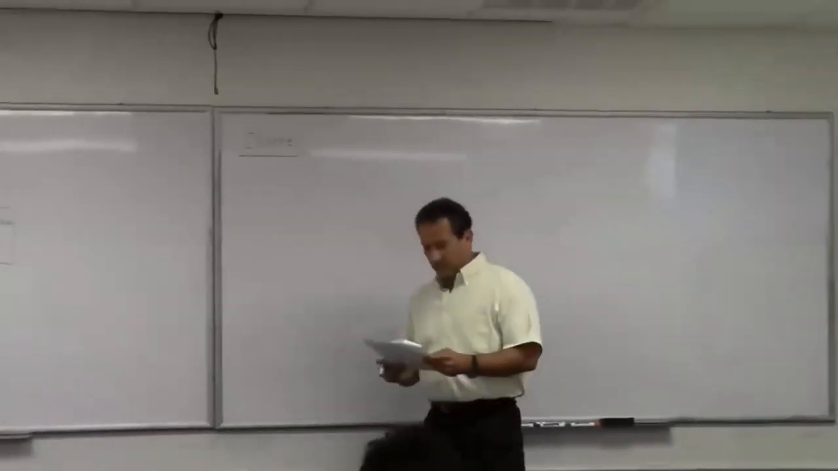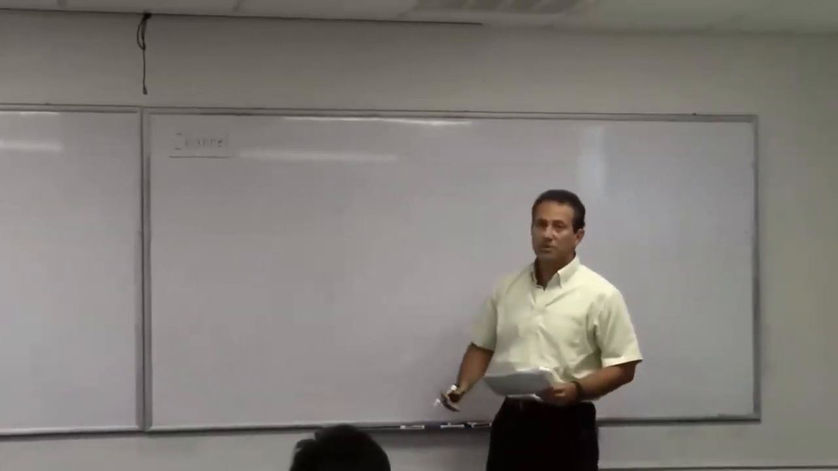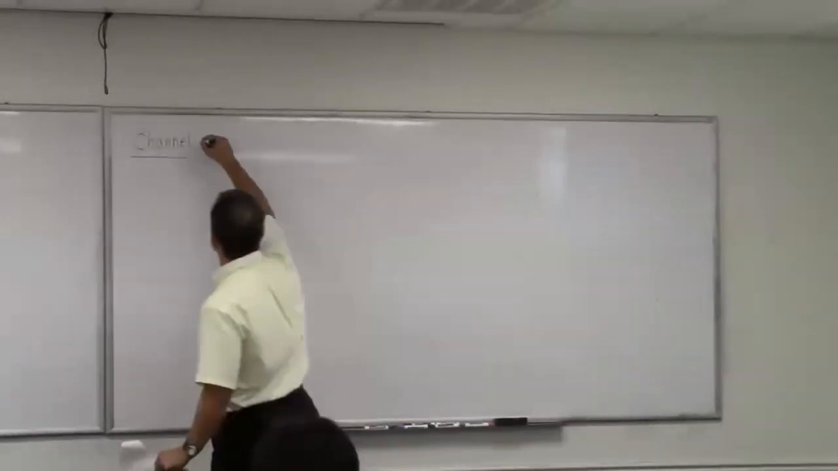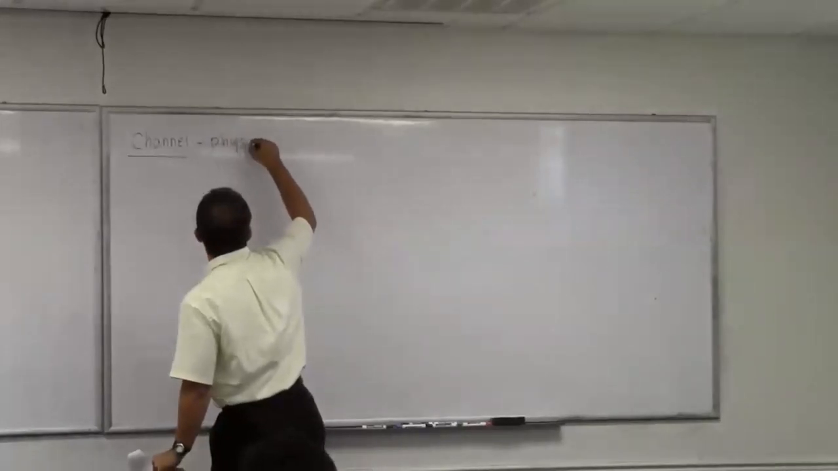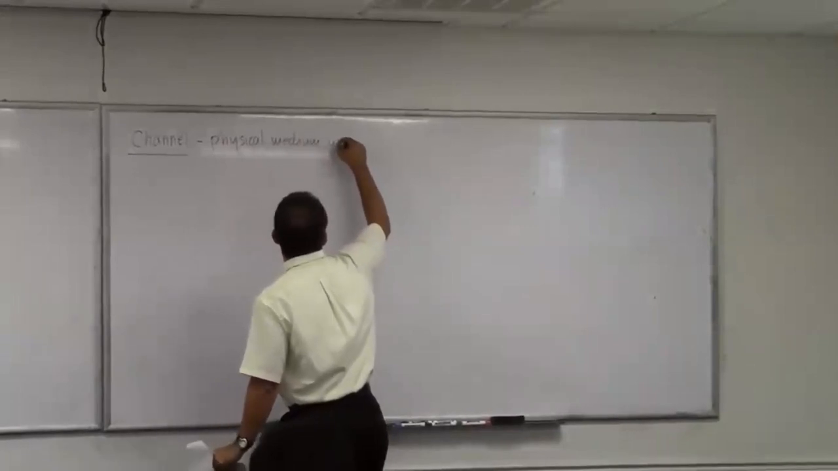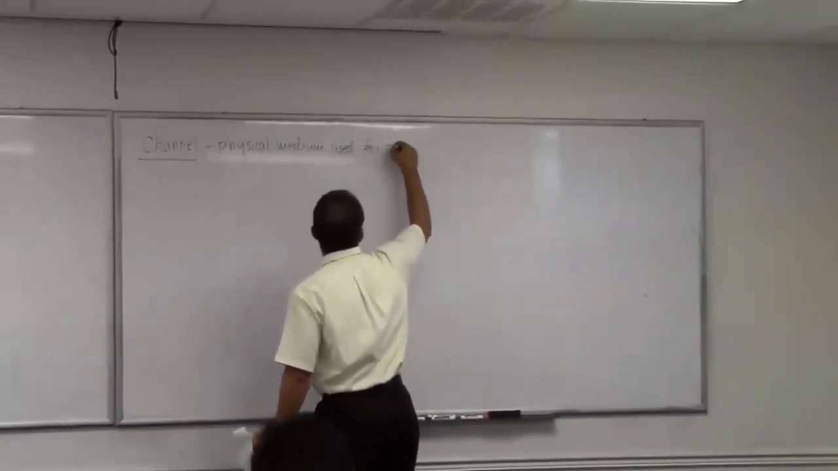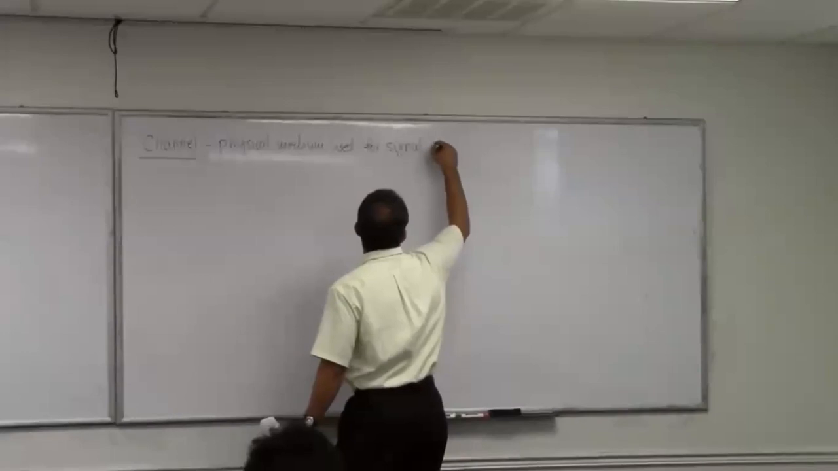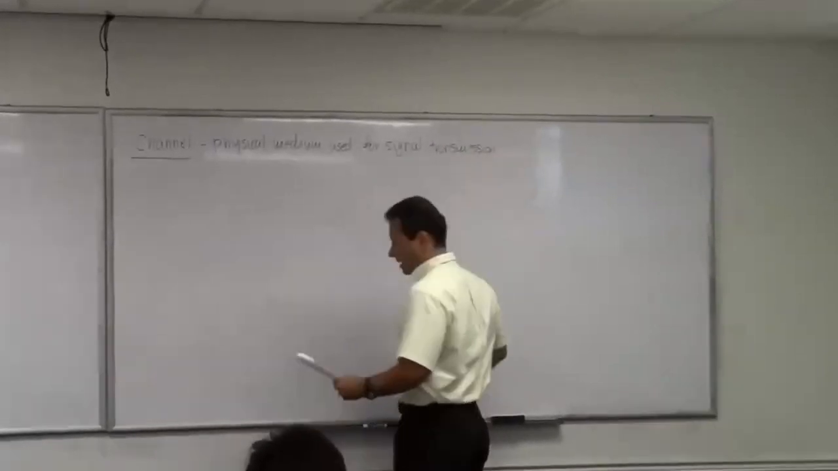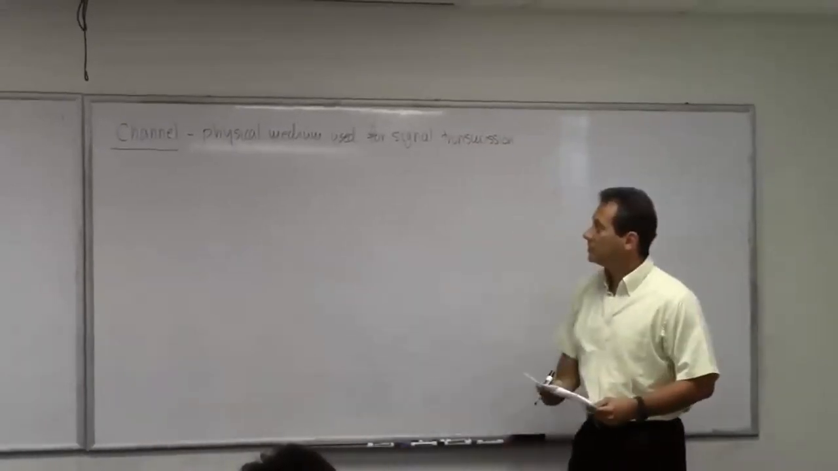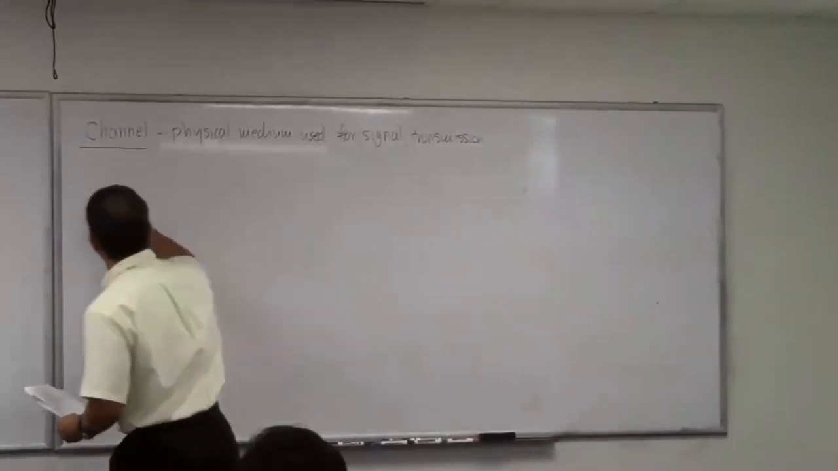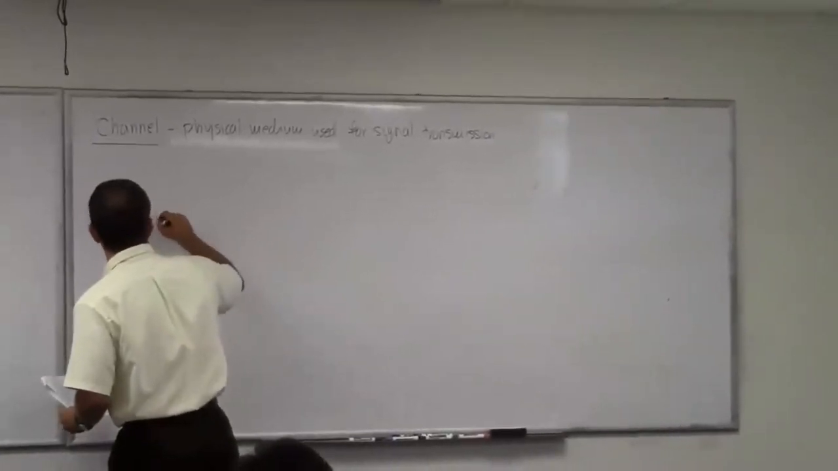What is a channel? Channel is a physical medium that is used for transmission of signals between transmitter and the receiver. Now, there are several types of channels, so let's go through a list and try to survey them a little bit. So if I say communication channels,